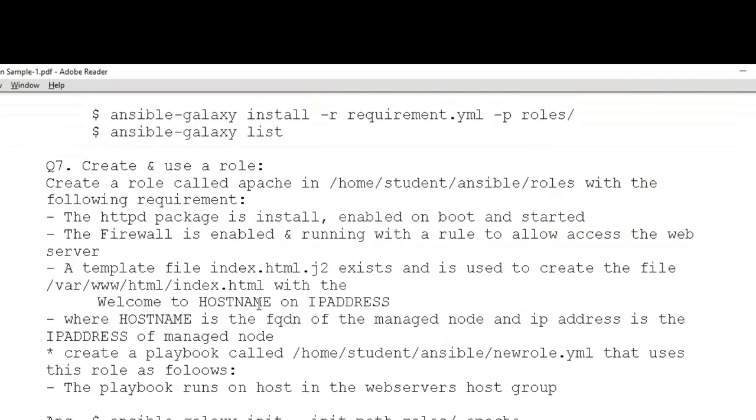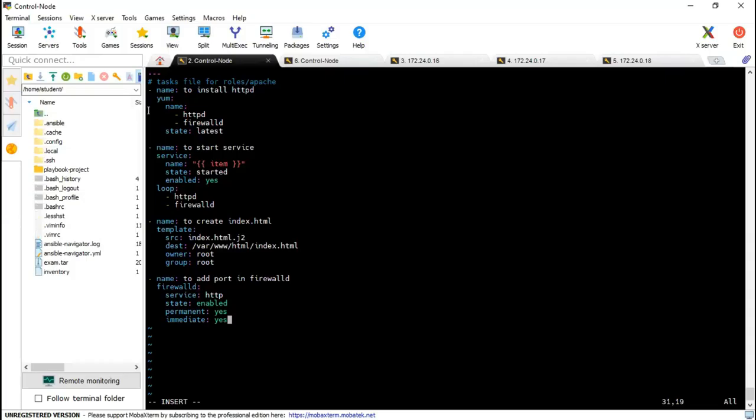As per the question, it's saying the httpd package should be installed. So here the httpd package is installing, name httpd, and firewalld also should be installed. It is going to install there. The service is going to start with httpd and firewalld.